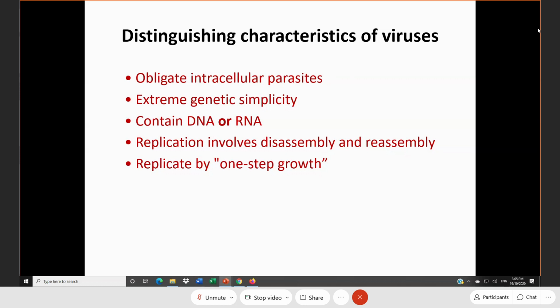We are multicellular organisms, fish, animals, worms, and even bacteria. All of them have both DNA and RNA. These two types of nucleic acid, they have both. But virus only has one of these, either DNA or RNA. No virus has both DNA and RNA together. They have one. So that's why people will ask, is COVID a DNA virus or an RNA virus? RNA or DNA?